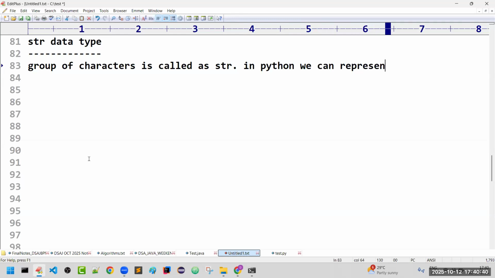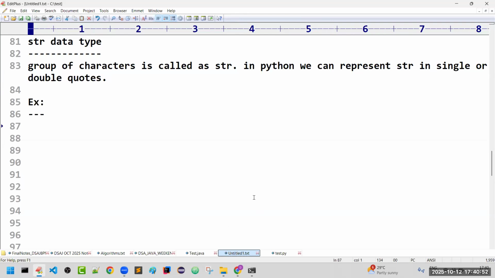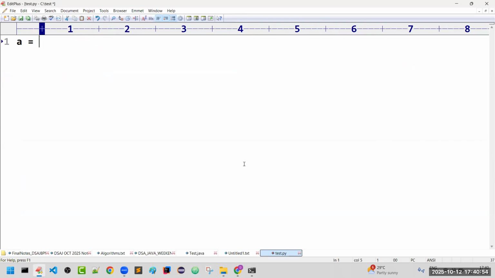In Python, we can represent strings in single or double quotes, in any way. If you want, you can use single quotes; if you want, you can take double quotes also. For example, I'm taking A is equal to ABCD, and B is equal to XYZ.